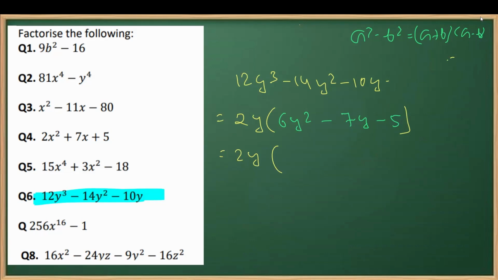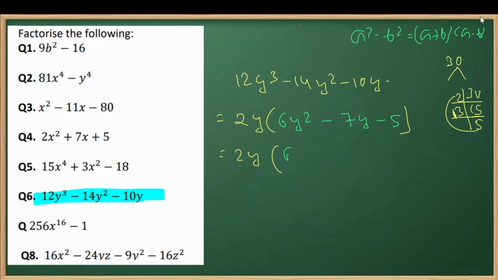6 into 5 is how much? 6 multiplied by 5 is 30. And from the factors of 30, what do we need? 7. So how do we factorize this to get 7? If you factorize 30, it has factors like 2 into 15, and if I split it further with 3, we are getting 5. Now we can see 5 into 2 is 10, and 10 minus 3. So this way I'm going to get